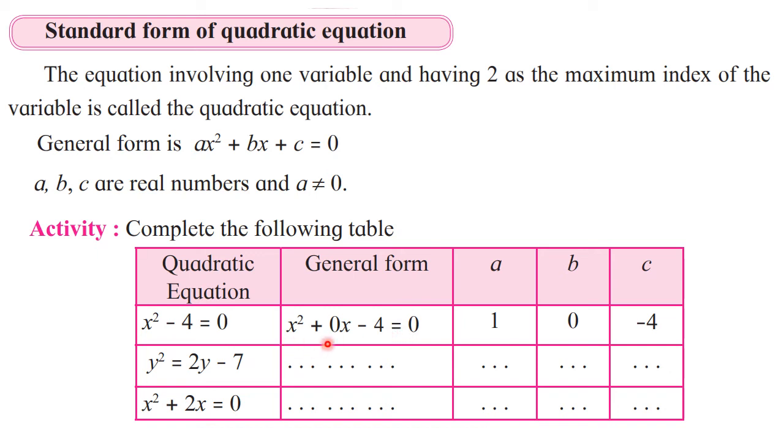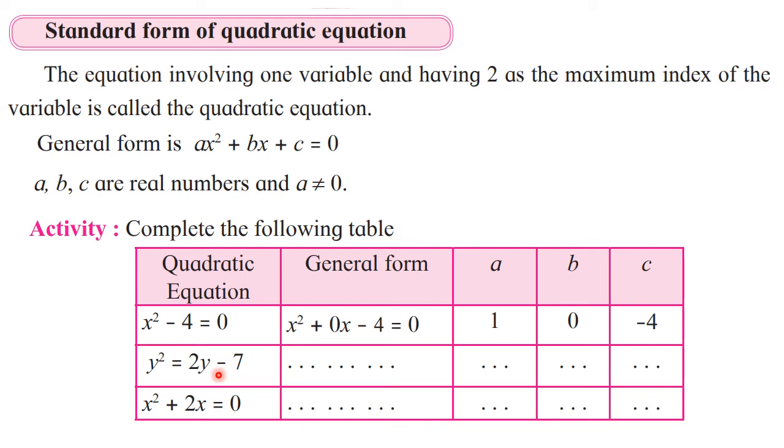Now if we compare this general form here, okay, see here. This equation if you compare with ax square plus bx plus c, then a is 1 written here, b is 0 and c is minus 4. What you have to keep in mind is whenever the minus sign is there, the coefficient you need to write along with its minus sign. For positive, we are not writing the plus sign, but for negative, it is compulsory to write down the sign. Okay, so the value of a is 1 here, b is 0, and c is minus 4.